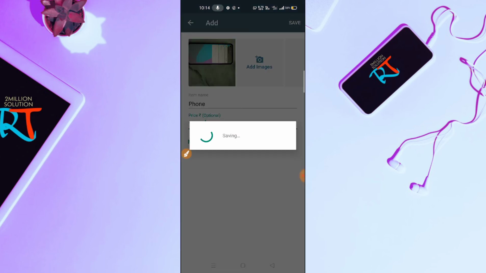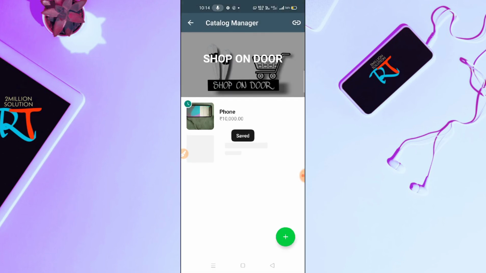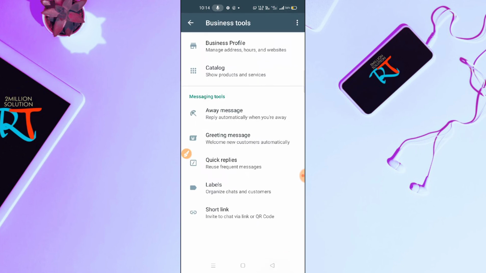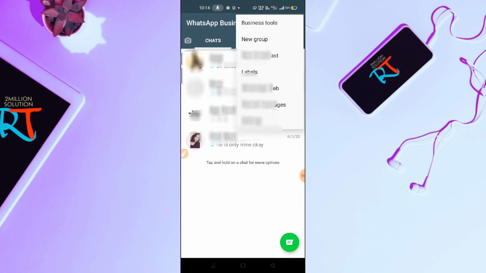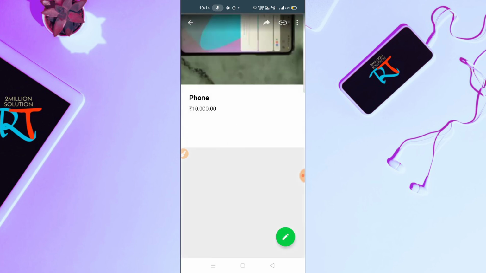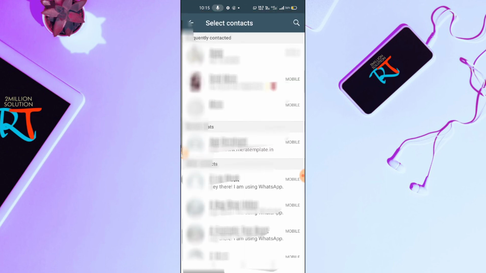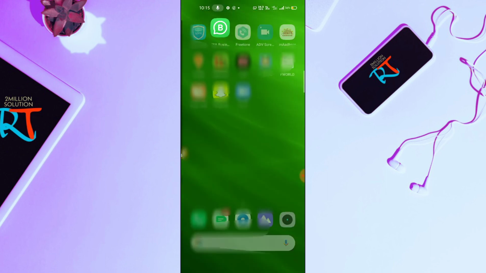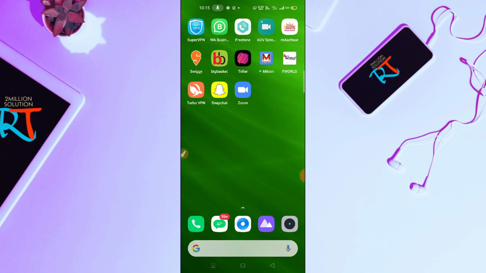And then you can see here guys, in a meanwhile, if your network is good, then it will be saved. So guys, here you can see my catalog has been saved. So just go back and then just come back here again, and then go to catalog and click here, and then you can share this to your contact list here. So I hope this video will absolutely help you out